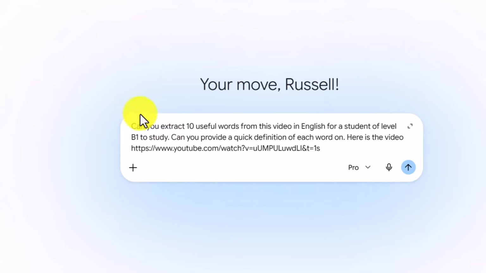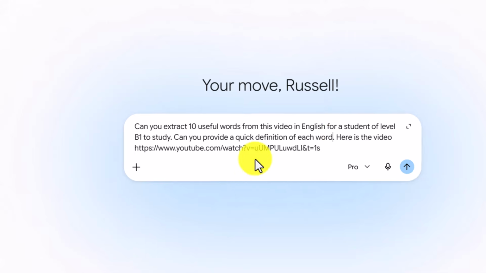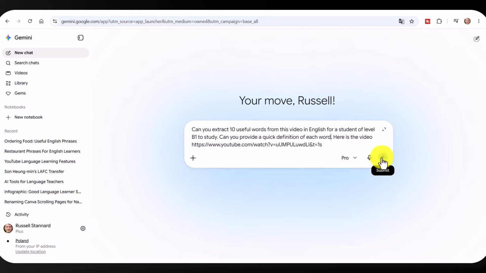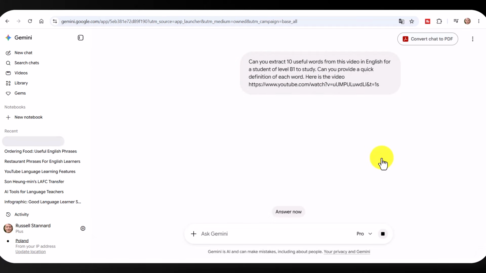So I've written, can you extract 10 useful words from the video in English for a student of level B1 to study? Can you provide a quick definition of each word? Okay. And here is the video. Simple as that. I'm going to click on this button here. And the first thing it's going to do is extract those 10 words, and each one's going to have an